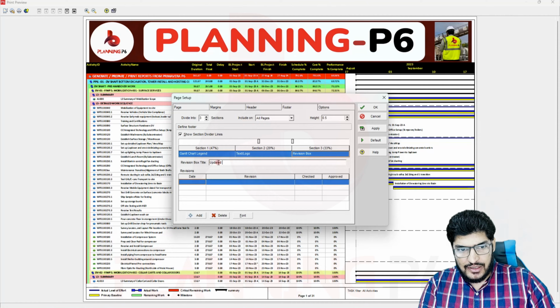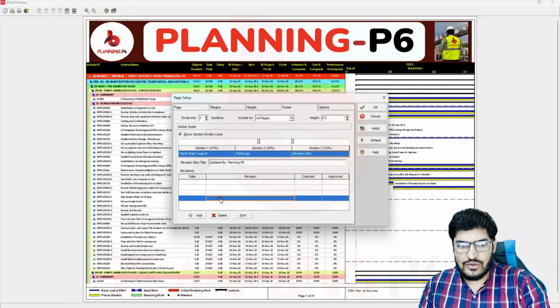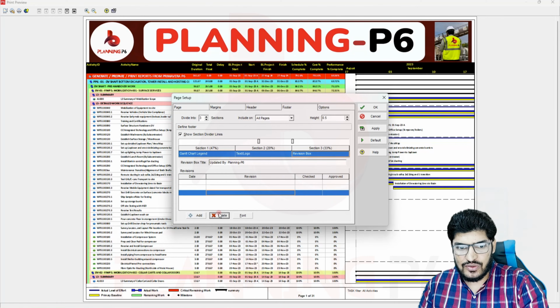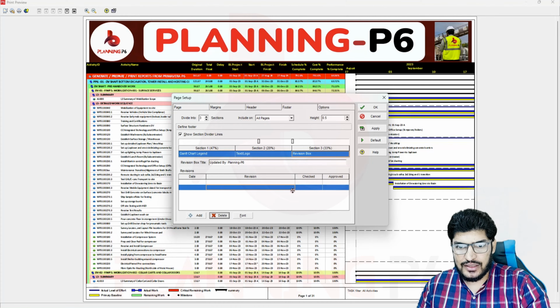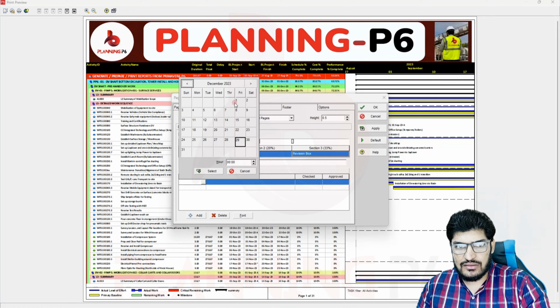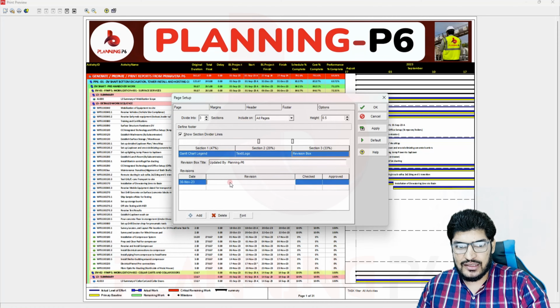So, updated by planning P6. Here, how many rows do you want? I want to delete; I want only 2 rows over there. So here, I will just select the date. For example, you can say November 3rd or November 30th, we are updating, and then revision,